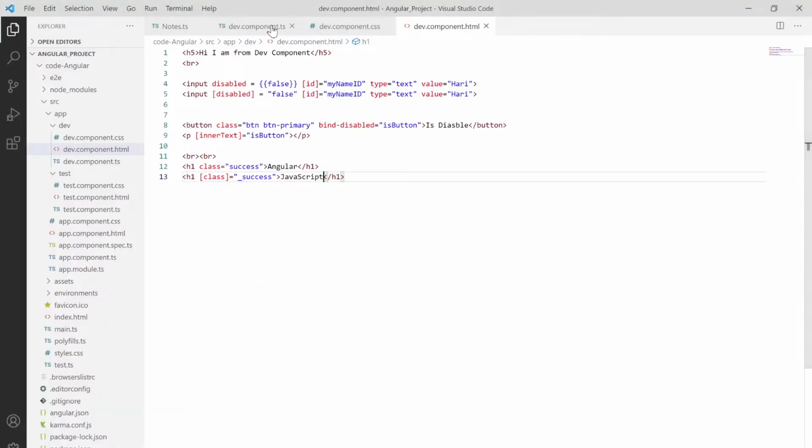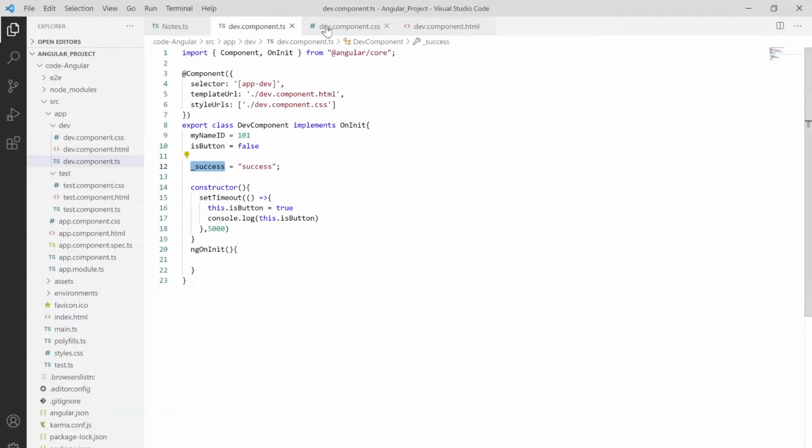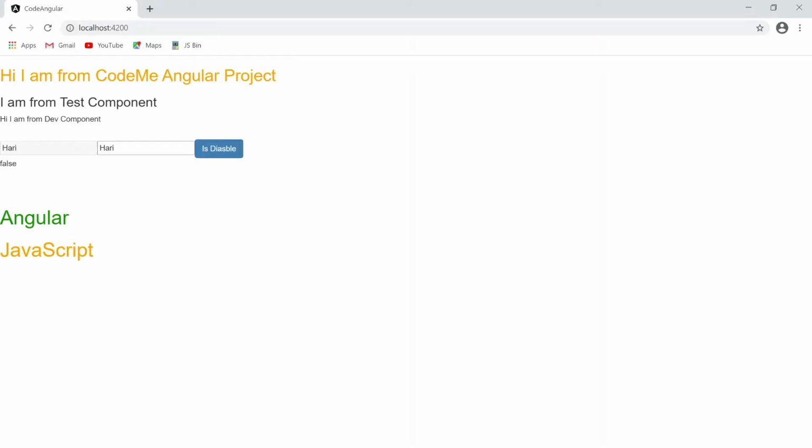If you want something to change, you can simply change it to mid or whatever. Say I'm using half over here. Okay, half over here. Save this, and as you can see, it changes. So that's how we can bind the property by declaring a new property in our TypeScript file, and binding it to the HTML with the help of class binding.